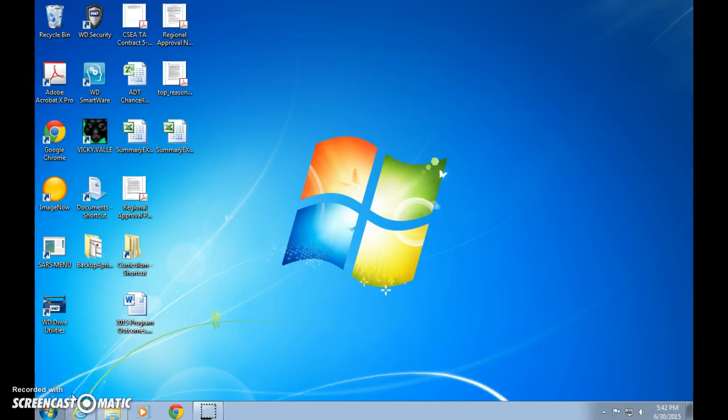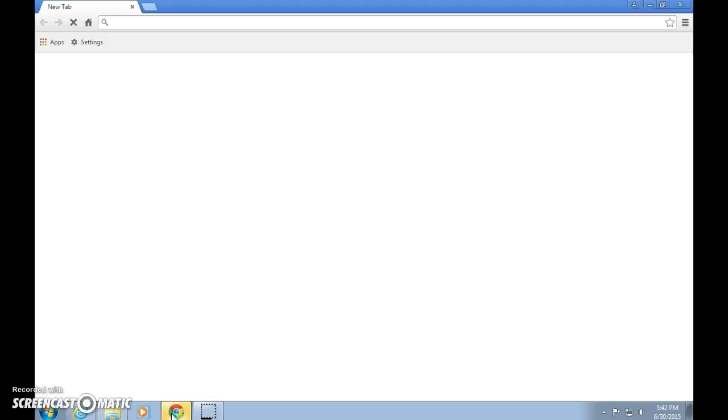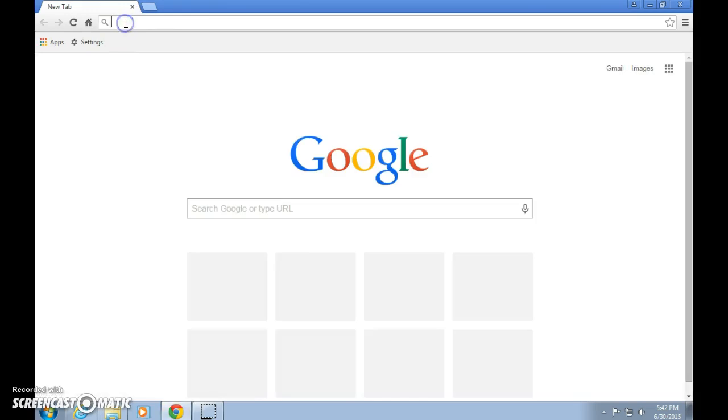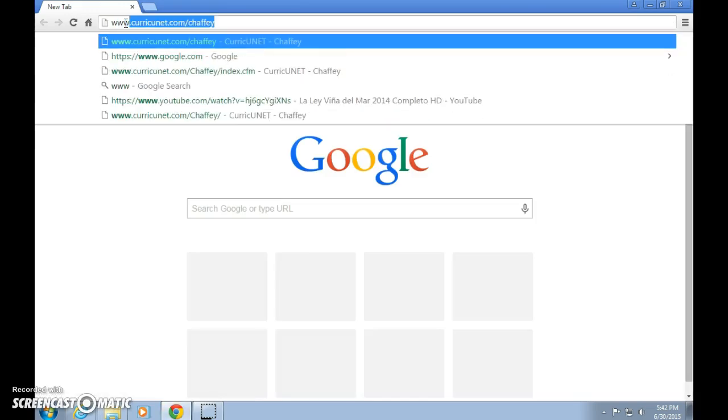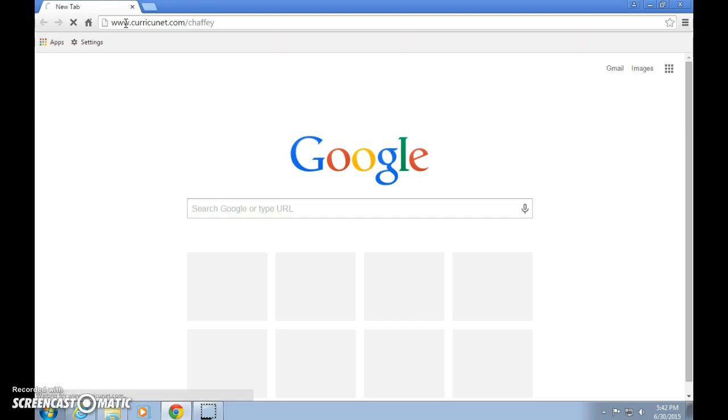How to attach SLO evidence to your courses. Okay, so we're going to open up a browser and we're going to go to www.curricunet.com/Chafee, and it's already in there. And